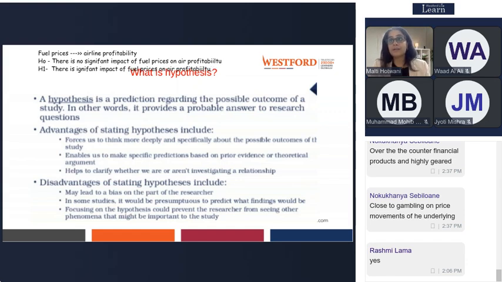When you run the statistical test or your qualitative test, you come to a conclusion whether there is an impact of fuel prices on airline profitability or there is no impact. So ultimately it is predicting the possible outcomes of your study. This is the simplest example I told you.